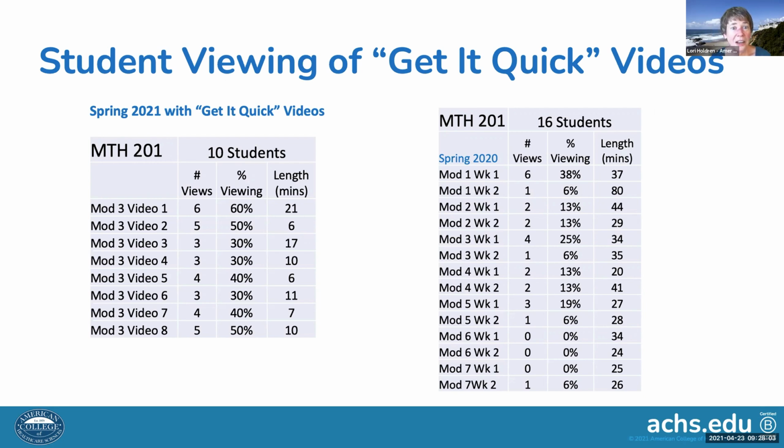So I think I'm going to keep trying to plug these right at the beginning of the term in order to get students to buy in. I guess the more I can do that, the better off they are. But I'm really pleased with the results, because they are watching them, and I want to look further at this